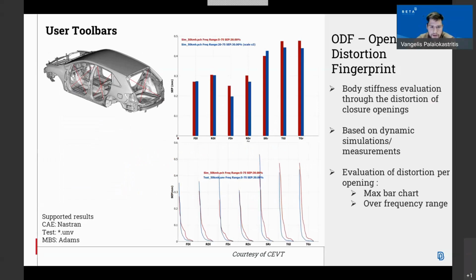These plots are the opening distortion fingerprint, and this is a characteristic identity of each vehicle, which is directly comparable with simulation variants and test measurements.